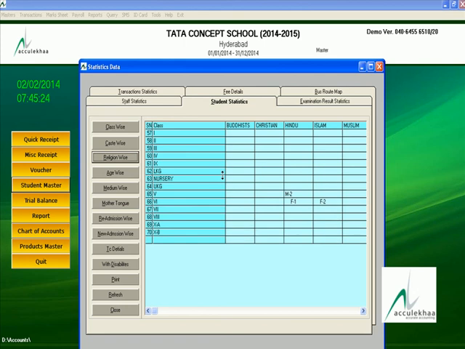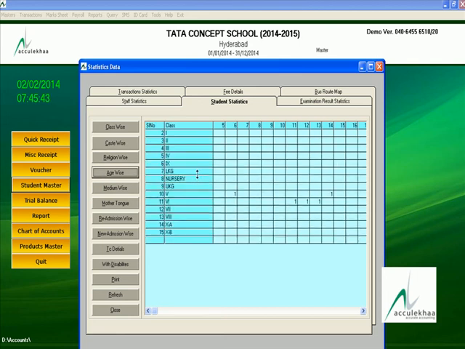Religion wise, Hindu total 3 children, 1 female, 2 male. Islamic or Islam, 2 female. Age wise, which age group? How many students are there in one particular class?